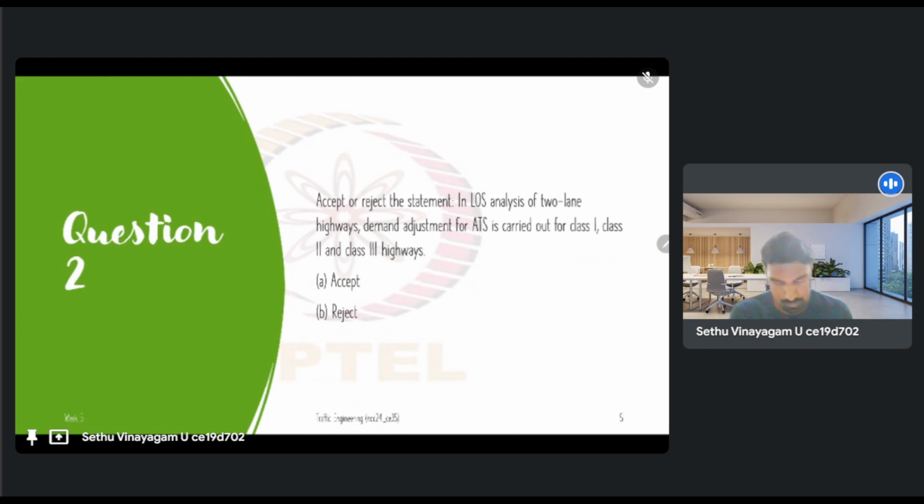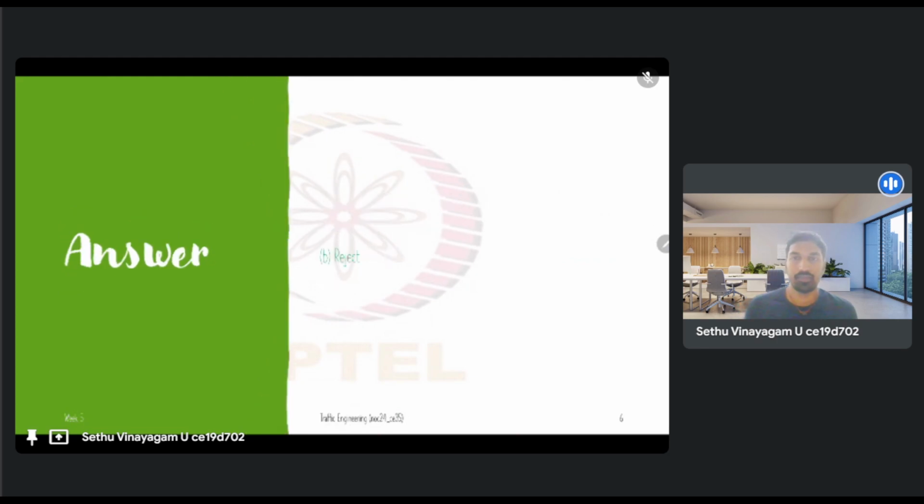Okay, so let's see the answer now. So the right answer is we reject the statement. Why? Because as we saw earlier, we are looking at two-lane highways,